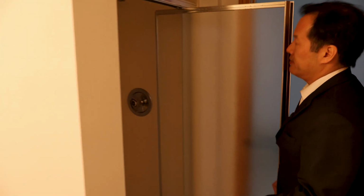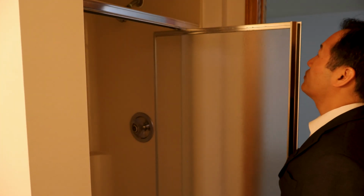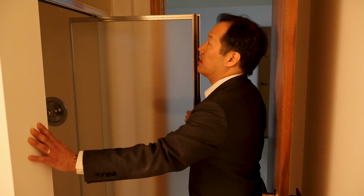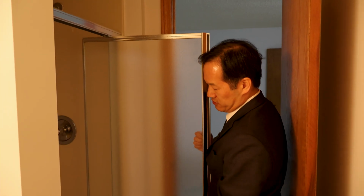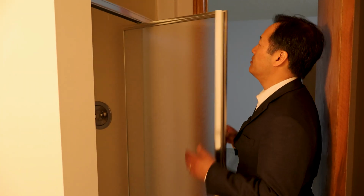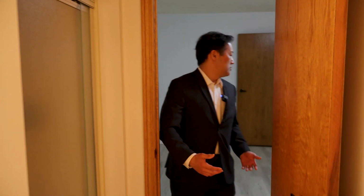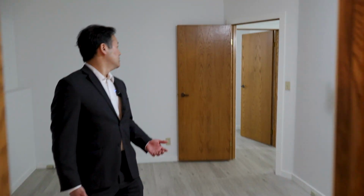Shower stall, I wouldn't really do anything with this, although if it was a reno, I'm not sure, I probably would have put a light in there because there's no light in here except over there. That would be my only comment. Not that necessary. We're not trying to over renovate. That's the other thing. So we've got this kind of weird,